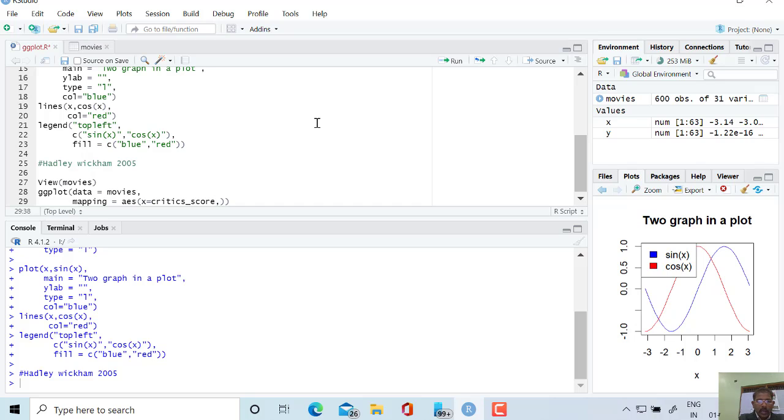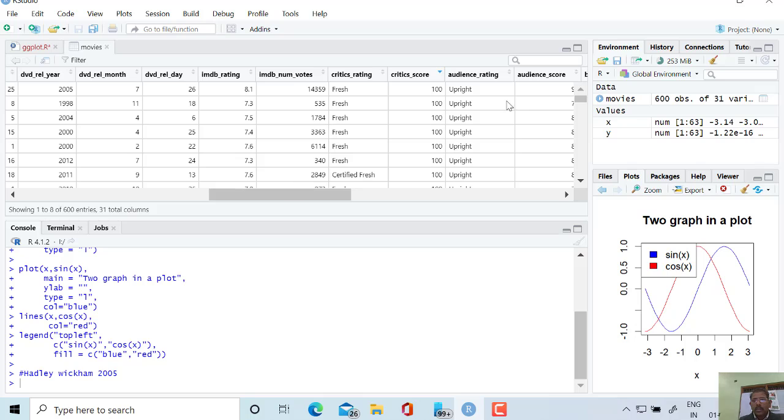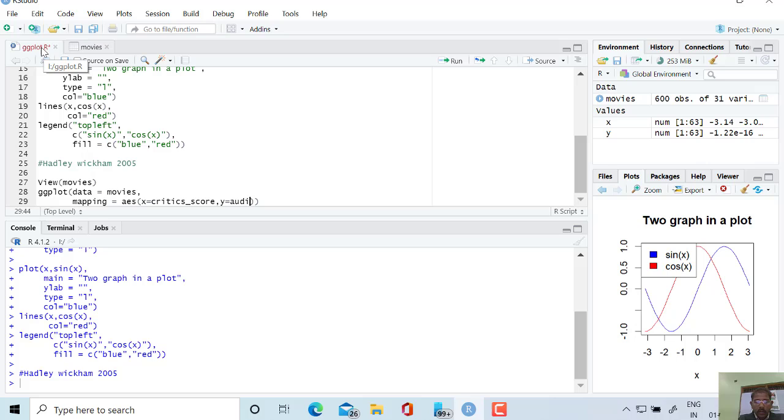So for y I can write y equal to audience score. Sometimes a little mistake in spelling kills a lot of time. Audience score. Okay, so x as well as y, both of the things have been given here.